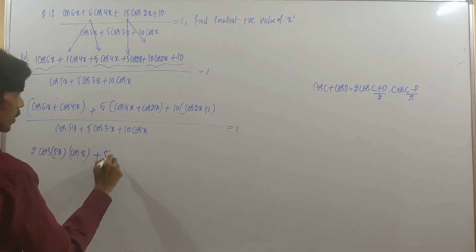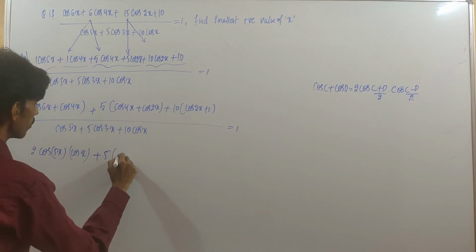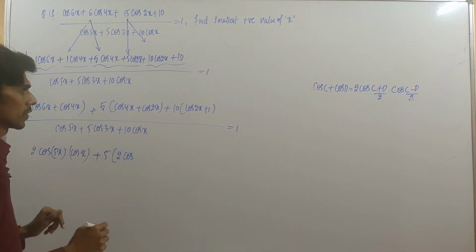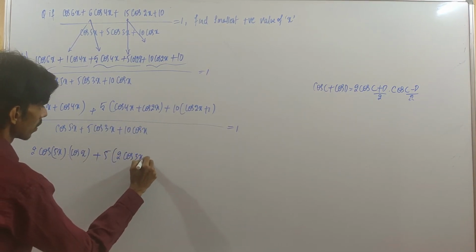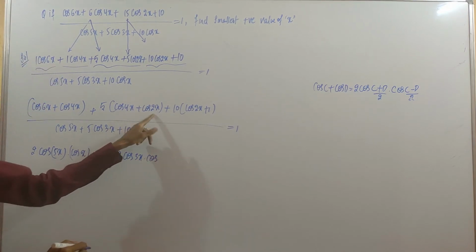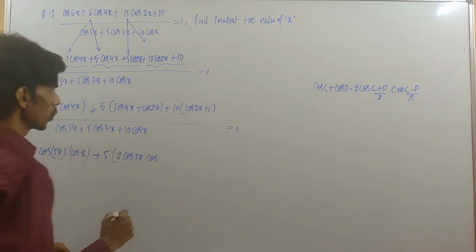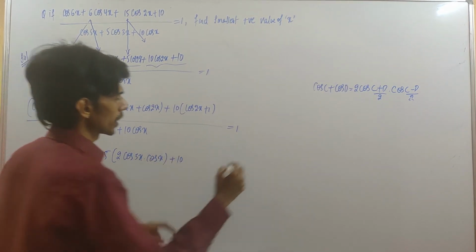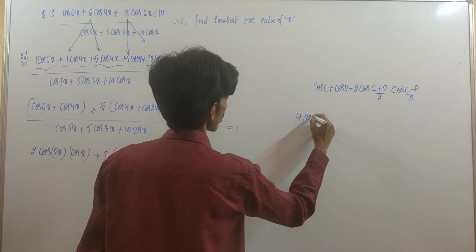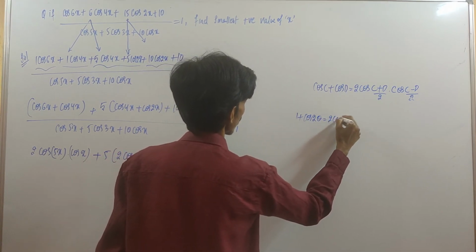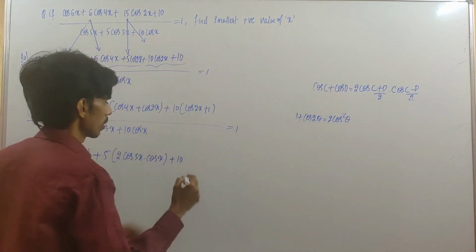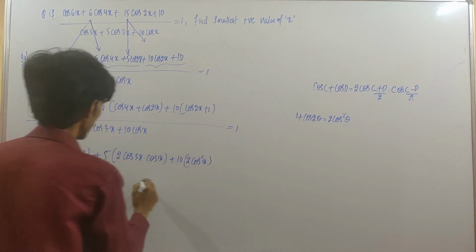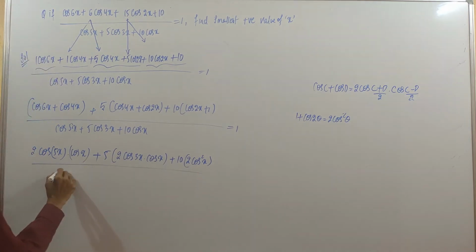Plus 5 into cos C plus cos D, it becomes 2 cos((C+D)/2): 4x plus 2x is 6x, by 2 is 3x, into cos of (4x minus 2x is 2x, 2x by 2) is x, plus 10. 1 plus cos 2 theta, the formula is 2 cos square theta, so it will become 2 cos square x upon